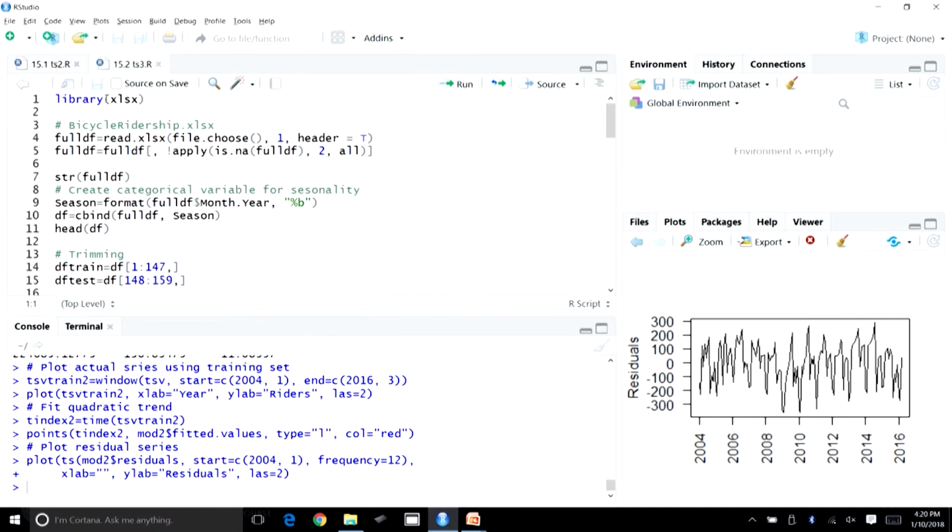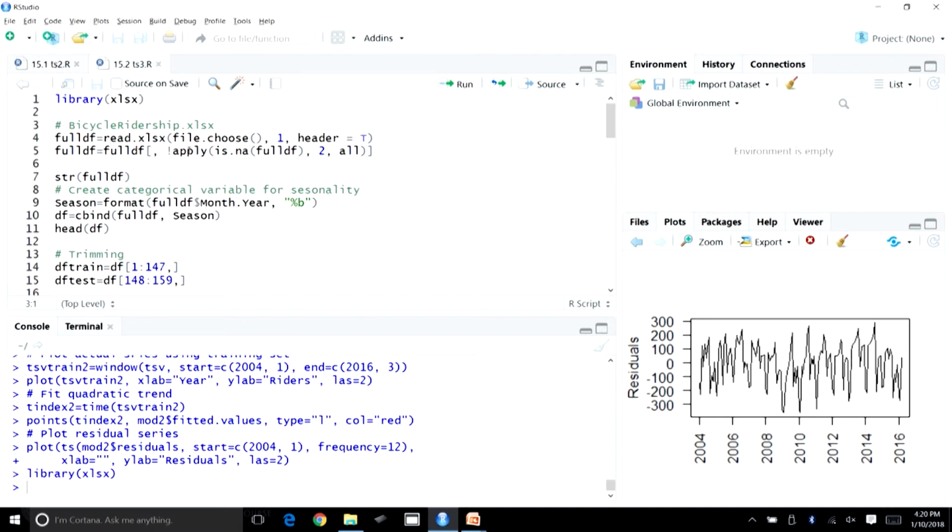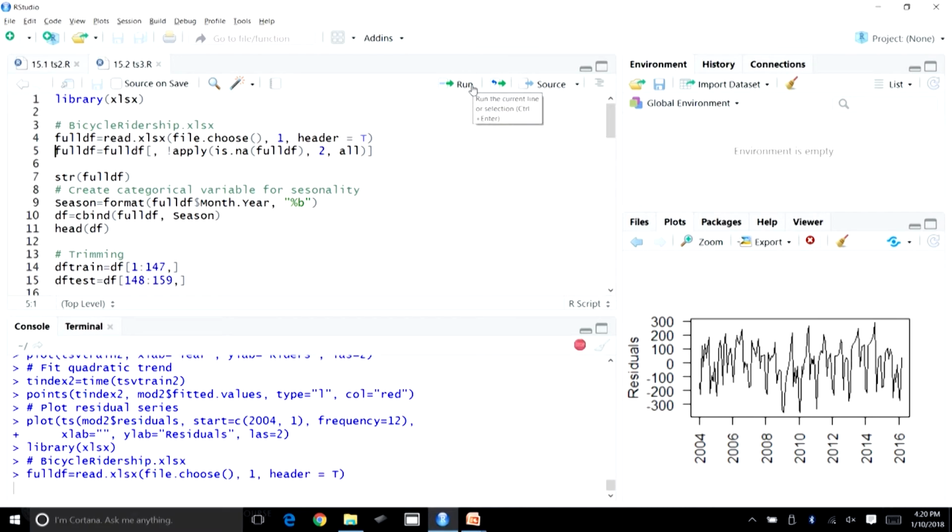So, let us load this library. We are going to import this data set first, bicycle ridership. Once this data set is imported, as I talked about, we will first create a categorical variable to record this seasonality for each of the observations.